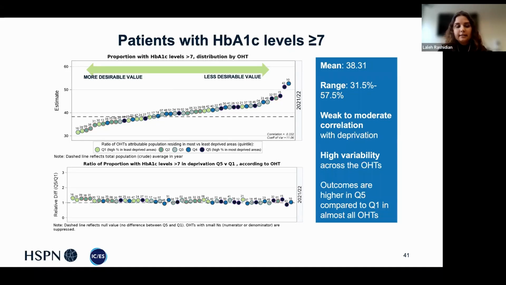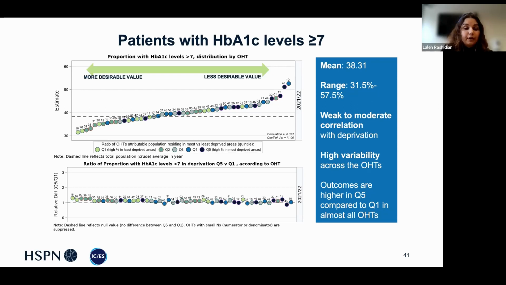So the average for this was 38%, which means that 38% of our patients are not in good control. This ranges from 31% to 57%. Again, almost a twofold difference. We have high variability across our OHTs, and the dark blue dots are more towards the right, with fewer of them on the left of this image, which shows a weak to moderate correlation with deprivation,